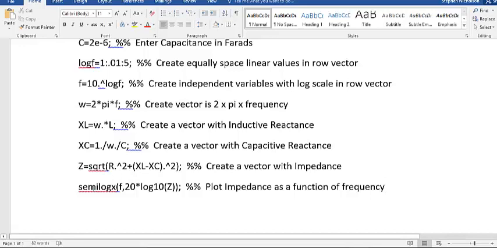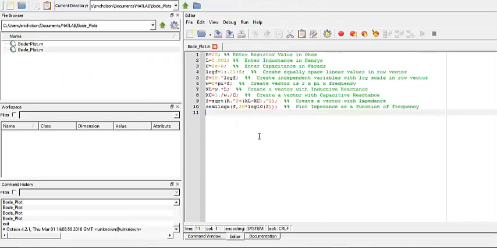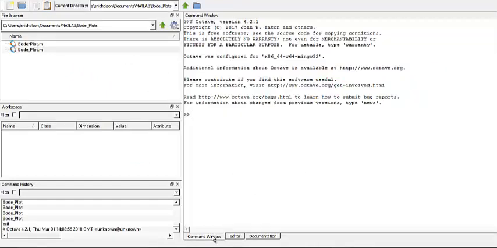And then this function tells me to do a semi-log plot where I'm plotting frequency on the x-axis, and I'm going to take this number z, take the log to the base 10 and multiply it by 20. So it's kind of like doing decibels. It's just a different way of presenting it. Okay, so that's it. That's the program. If I go to my command window and write Bode underscore plot, got to use capital P, and I say return,